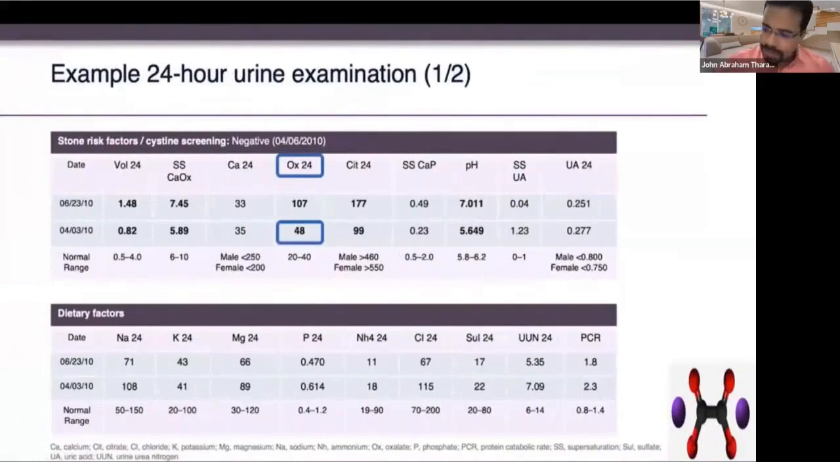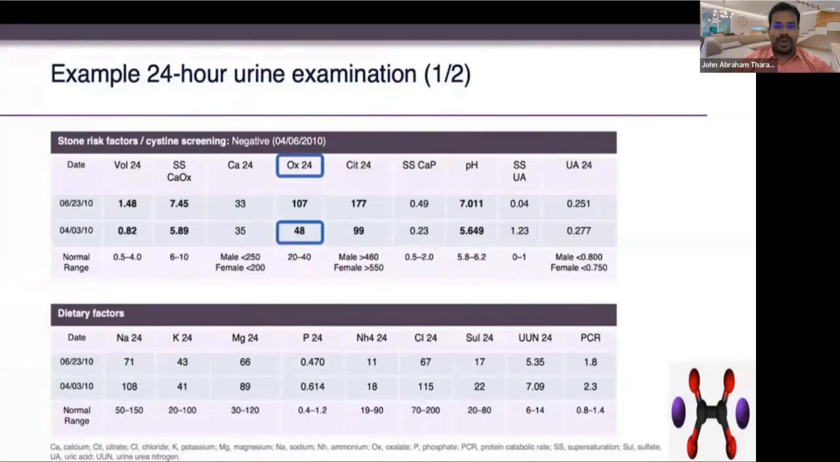Yeah, now it's clear. So this is an example of a report showing the screening of a 24-hour urine examination. You can see the supersaturation of calcium oxalate, calcium 24 hours, oxalate 24 hours, citrate 24 hours, supersaturation of calcium phosphate. So this is how a panel looks like. You do a stone factor 16 screening, and this is in a 5-year-old child. It's a pediatric, and you can see like